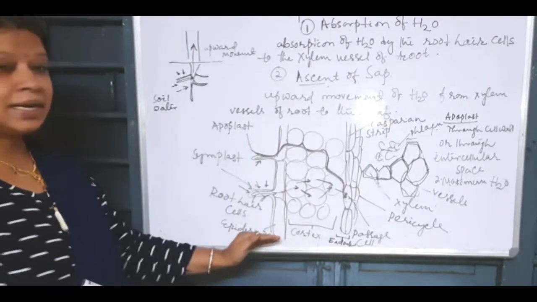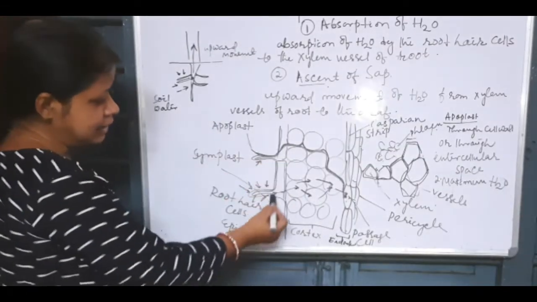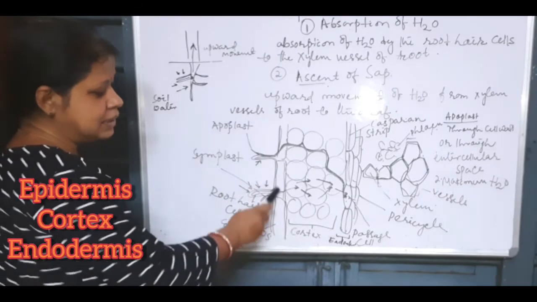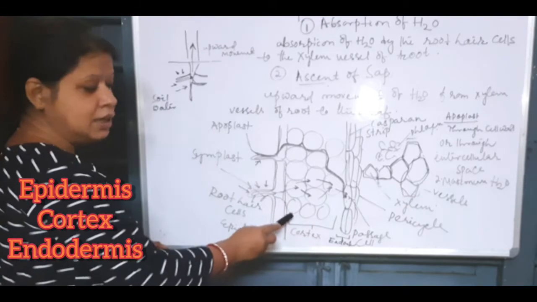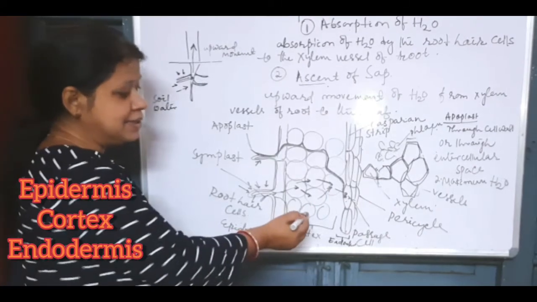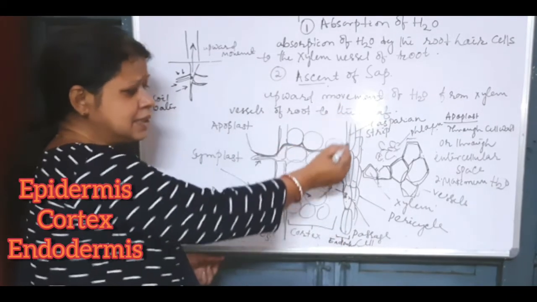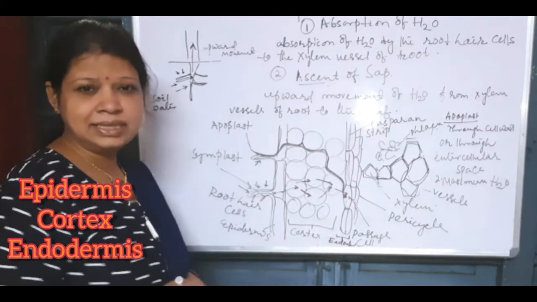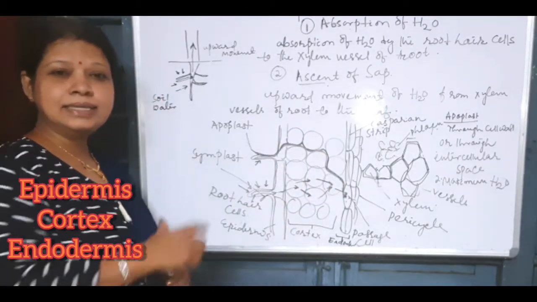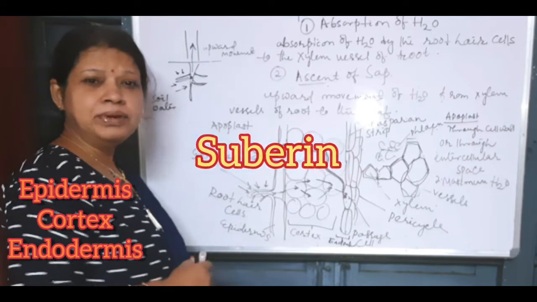First we will see the transverse section of the internal structure of the root. There are root hair cells, and outermost is a single layer of epidermis. Inner to the epidermis there is parenchymatous cortex. Parenchymatous cells are loosely arranged, thin-walled, living cells. Inner to the cortex there is a single layer of endodermis, made up of barrel-shaped cells having a deposition of suberin, known as Casparian strips. Suberin is a material that is impervious to water.